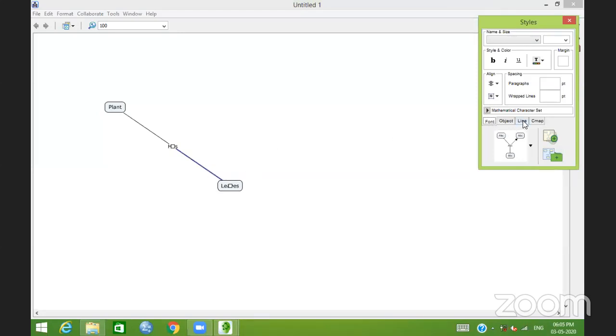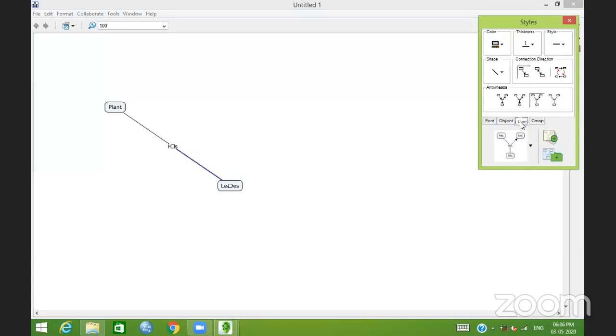You can use this line tab to edit the properties of the lines. And here are some objects, like these boxes, which are treated as objects. These objects can be edited using the object tab. Right now I am going to work on the line, because I need an arrowhead. So I will click on the line tab, and after clicking on the line tab, you can see